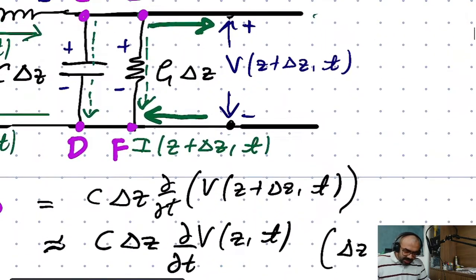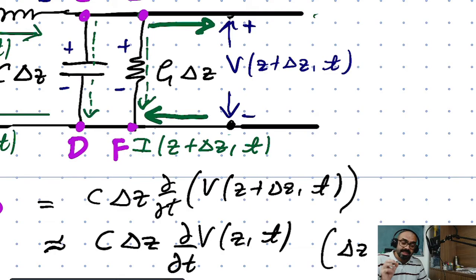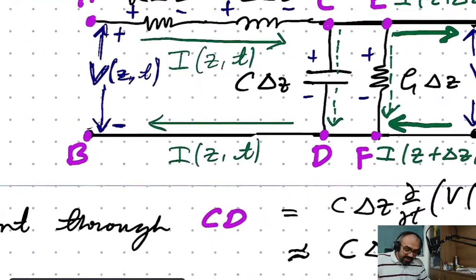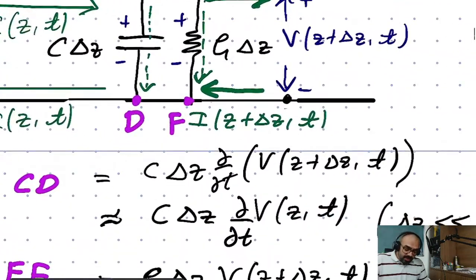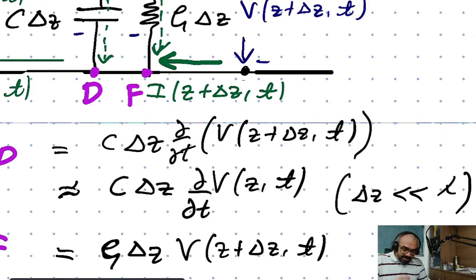And notice here that the voltage that enters into this is actually the voltage at z plus delta z, not the voltage at z. And so this causes some confusion. However, once again, if the Taylor expansion is good enough, that means we need to retain only terms until delta z, then